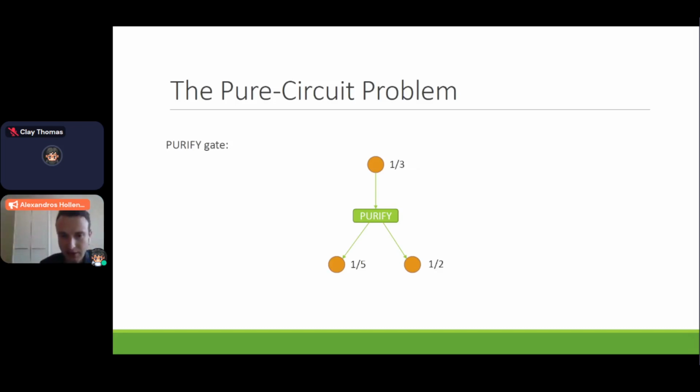It just wants to see a 0 or a 1 in one of the two outputs. So let's look at an example. Here we have a 1/3 input, and the two outputs are 1/5 and a half. Does this work? No, this is not okay, right? We have a garbage input bit, and both output bits are garbage. They're both not 0 or 1, so that's not okay. But this will be okay. If this bit here is 0, that would be fine. Namely, the PURIFY gate here would be satisfied. And again, I can switch this 0 here to a 1. The gate is still satisfied.